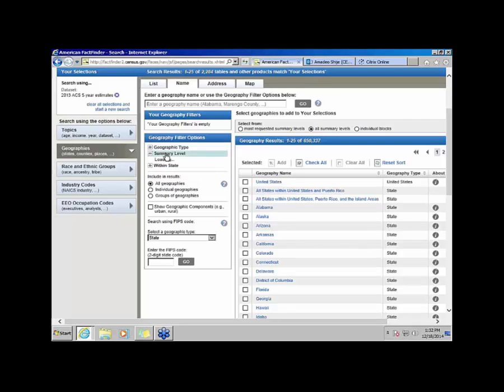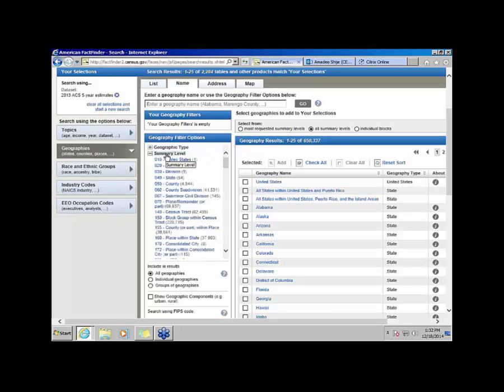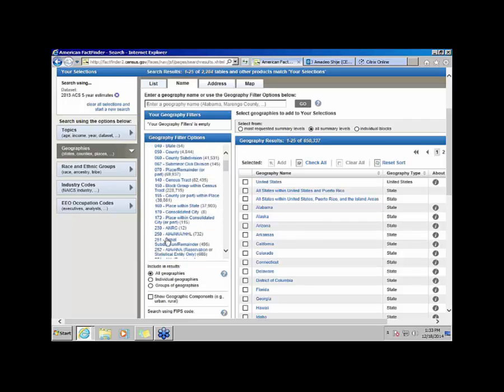If you click on summary level, then at this point now we're going to look for the subdivision, because I've done this so many times. The subdivision is basically the number 251. You scroll down, you find the 251 tribal subdivision. This tells me that the reservation is going to be subdivided. And once I click on that,